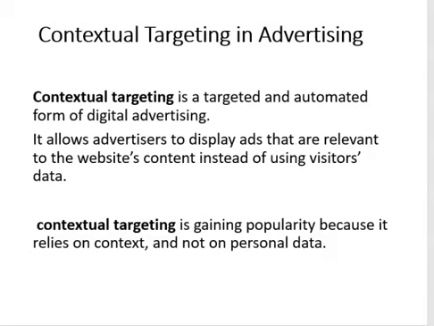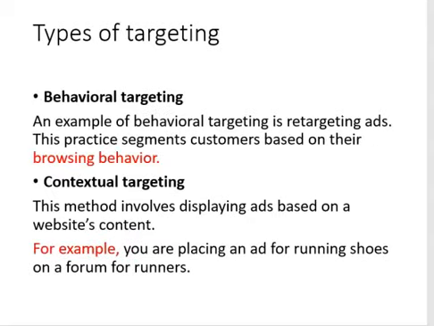Some of its key benefits are with respect to placing an ad at the right place, looking at the context in which the ad has to be displayed to the end users. These are a few of the things that we usually need to take into consideration while looking at contextual